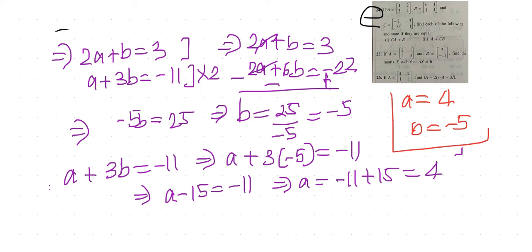So remember, children, what is important in this type of question is for you to find out what will be the order of the unknown matrix. If you are able to find that out, then your answer is going to be an easy one. Then you will be able to calculate quite easily. And then we will be moving on to question number 26. Find A minus 2I and A minus 3I. So I will be telling you how to do that one.